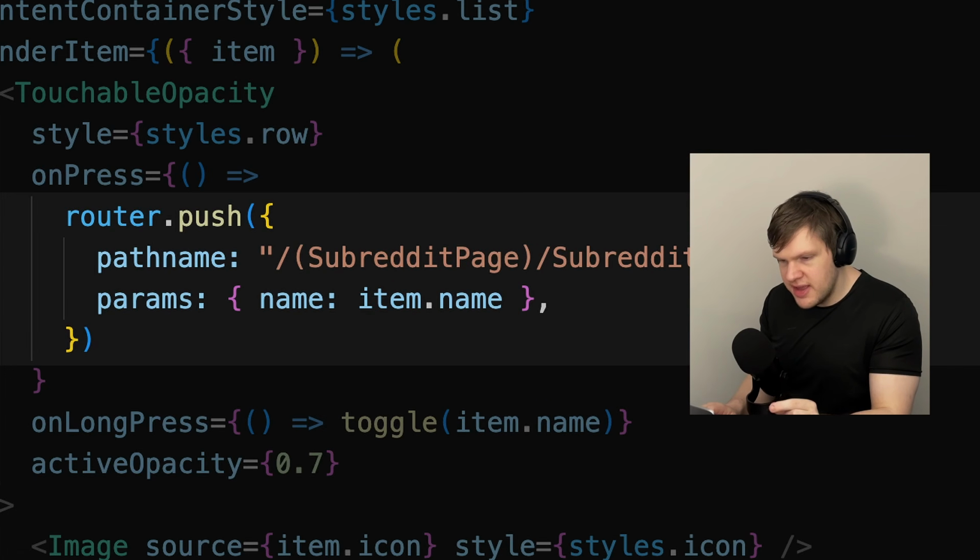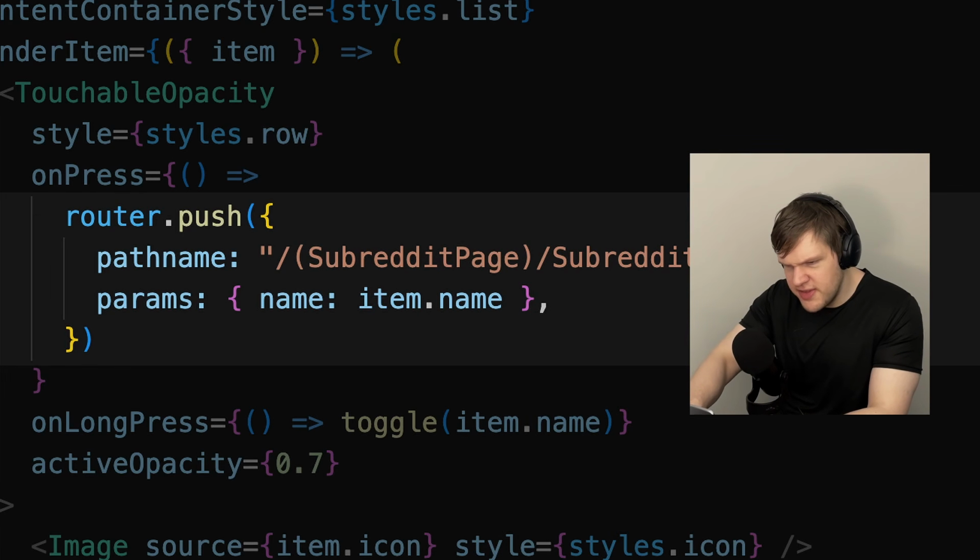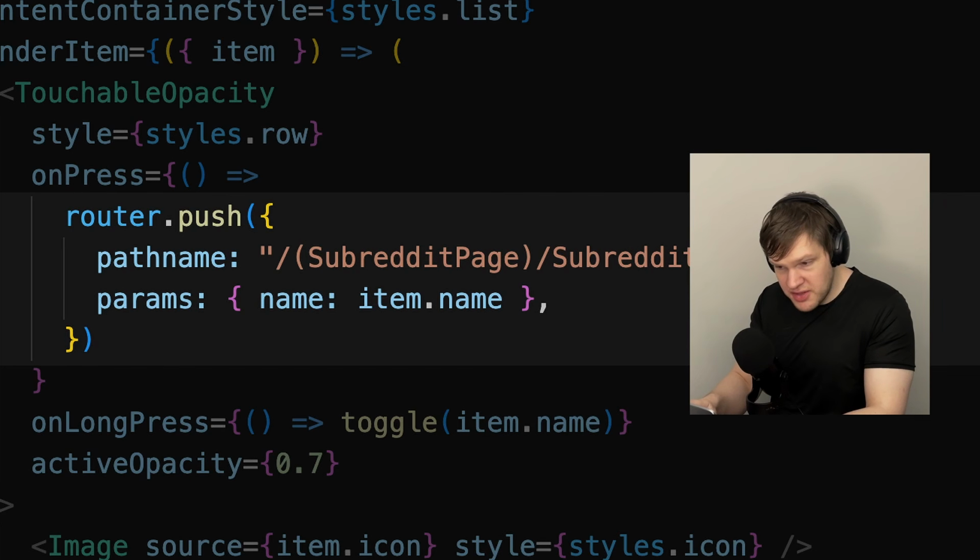Expo's page routing is a bit clunky. The page names are tied to the file system paths, and the TypeScript types aren't generated until build time. So if I rename a folder in VS Code, the error won't appear until my next build. I also can't press F12 in VS Code to navigate to the page, and the params aren't automatically type-safe.